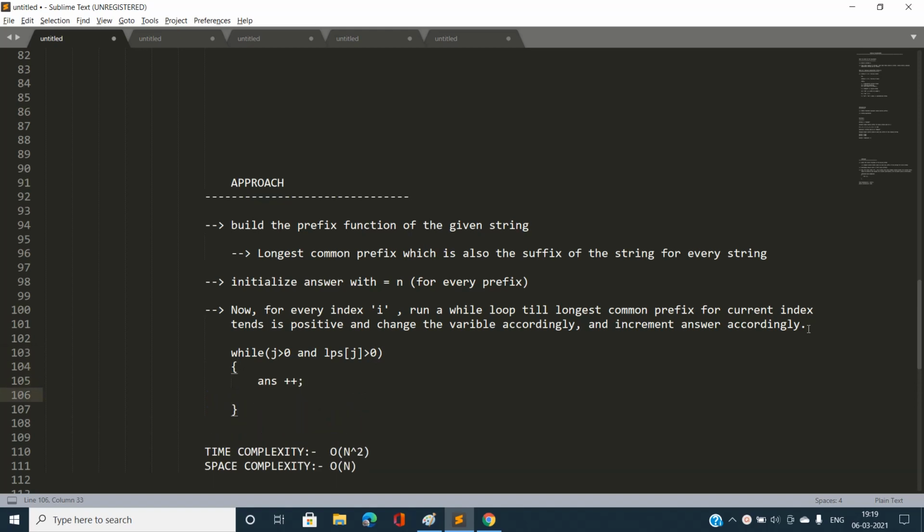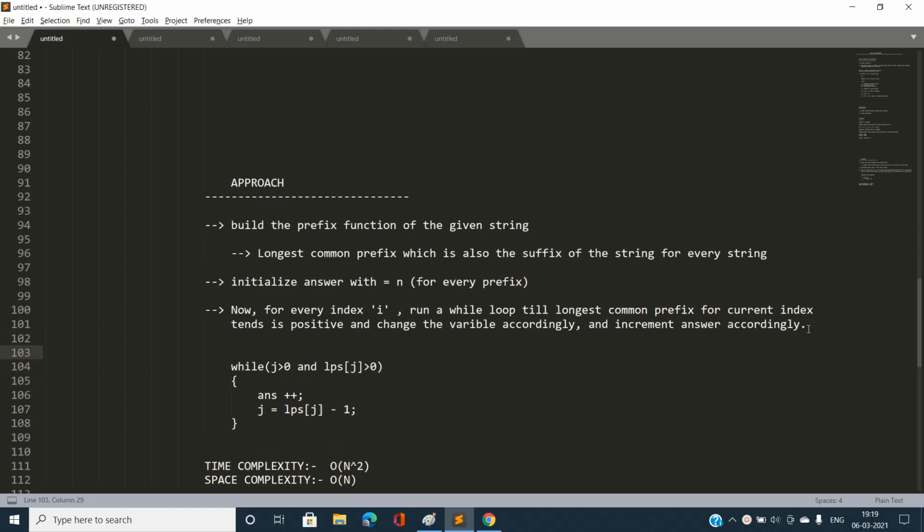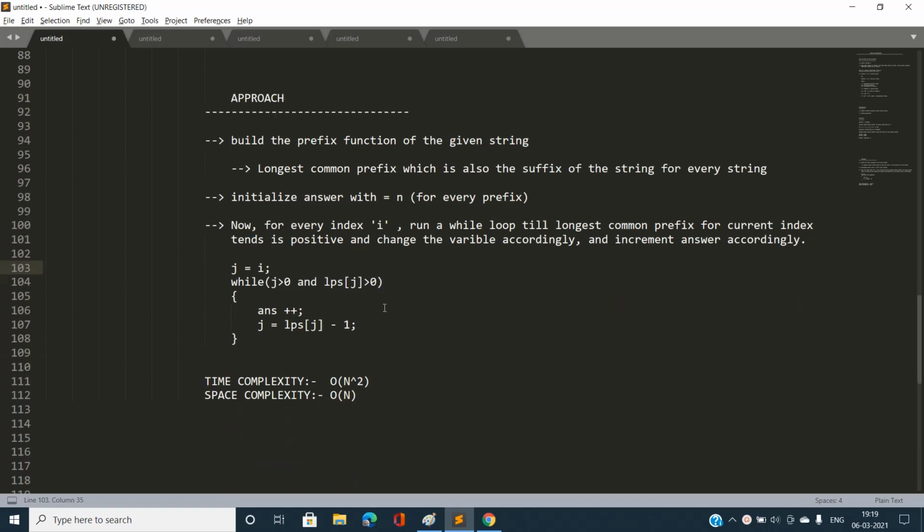Also, I'm going to change j to LPS of j if I'm using 1-based indexing, or LPS of j minus 1 if I'm using 0-based indexing. Note that I'm going to initialize my j with i for every index i, and also initialize my answer with n for every prefix.